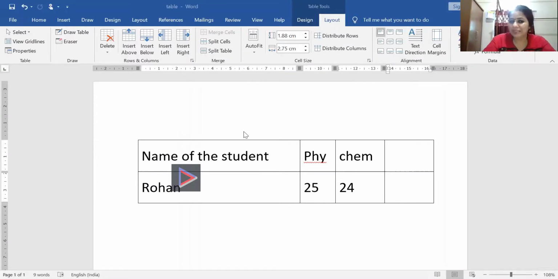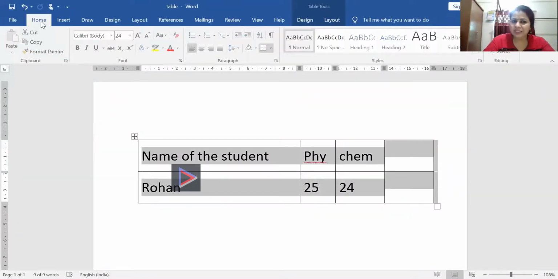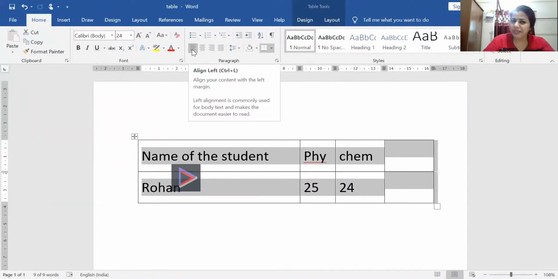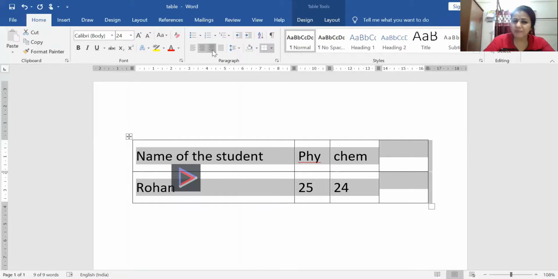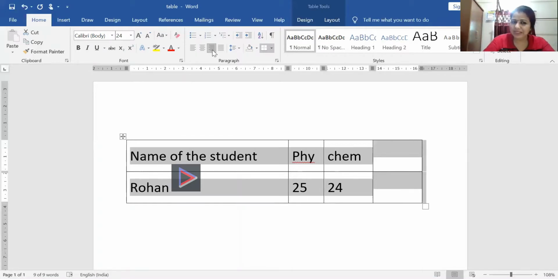First, whatever you have to do in the table, you always select the table first. So you go to the move handle and click there, and the whole table is selected. Now the Home tab is here, and you can see the alignment in the Paragraph group. If you move the mouse pointer here, it shows alignment left; by default it is left. Now if I put it as center, it moves, then right alignment, like this. You can see a little bit of movement here.